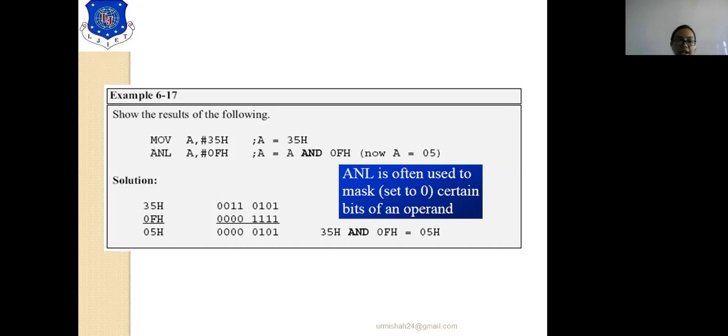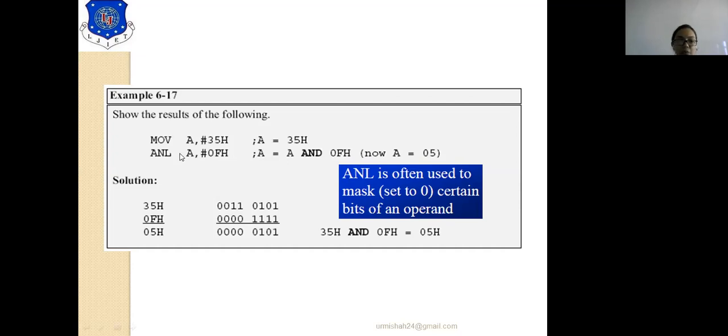After performing the AND operation on the accumulator data and the source data given, #0FH, the final answer will be saved in the accumulator. Data saved in the accumulator is 35H and the data present as the source operand is 0FH.